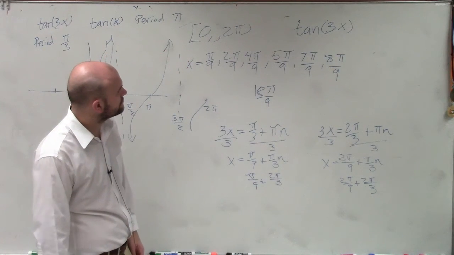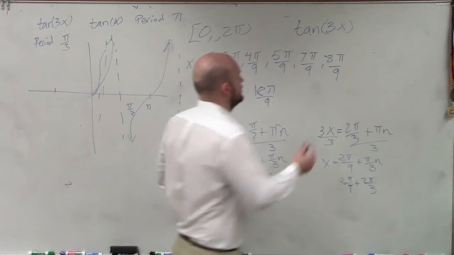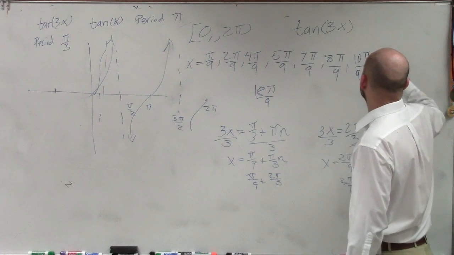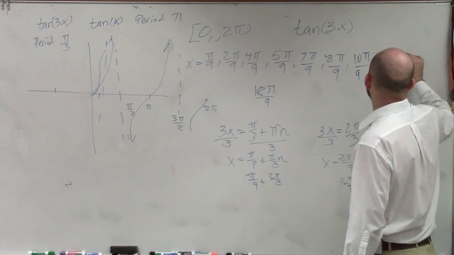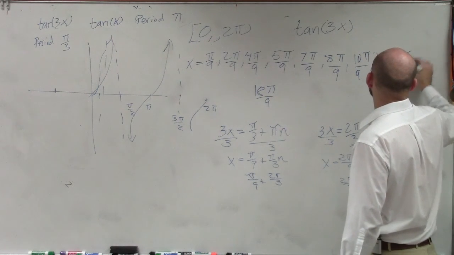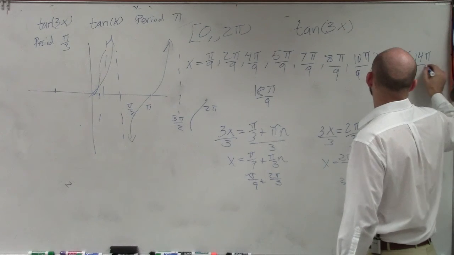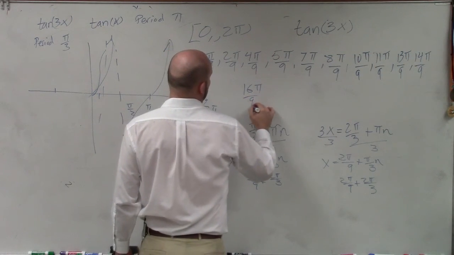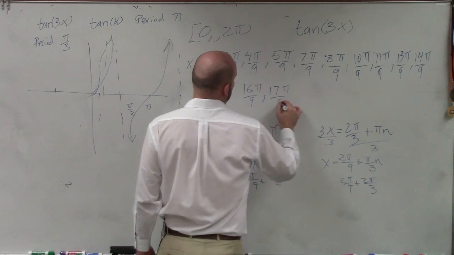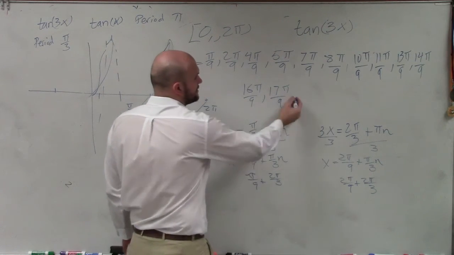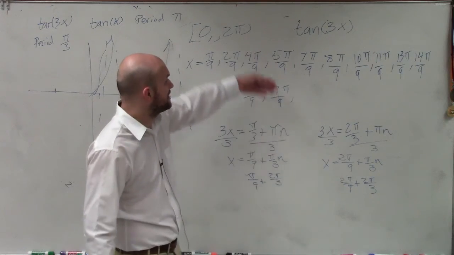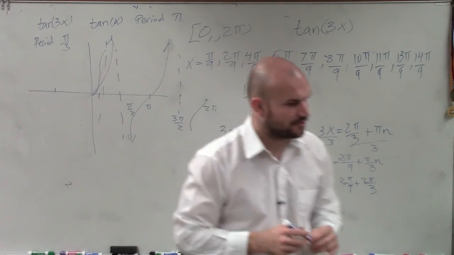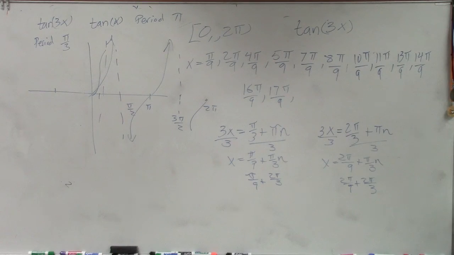5, 7, so it looks like I'm just going to go out on a limb. That would be 10 pi over 9, 11 pi over 9, 13 pi over 9, 14 pi over 9, 16 pi over 9, 17 pi over 9. And then obviously the next one would be 19 pi over 9. But 19 pi over 9 is not within the constraint. So that'd be it. But anyways, that's the answer I was asking for, at least on that homework problem. But you guys should